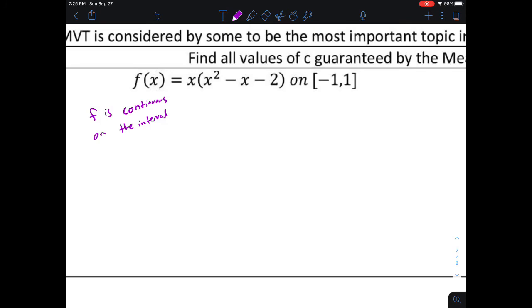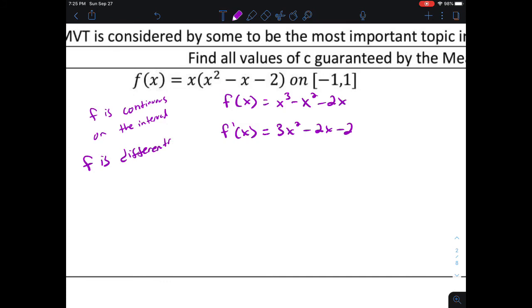And in fact, if we wanted to, we could rewrite f. We could distribute that x and say f of x is equal to x to the third minus x squared minus 2x. And if I take the derivative of f, I get 3x squared minus 2x minus 2. Looking at my derivative equation, it is continuous for the set of all real numbers as well. And so f is differentiable. Now, it doesn't have to be continuous and differentiable on all real numbers. It just has to be continuous and differentiable on this given interval. So since those two requirements are met, the mean value theorem can be applied,